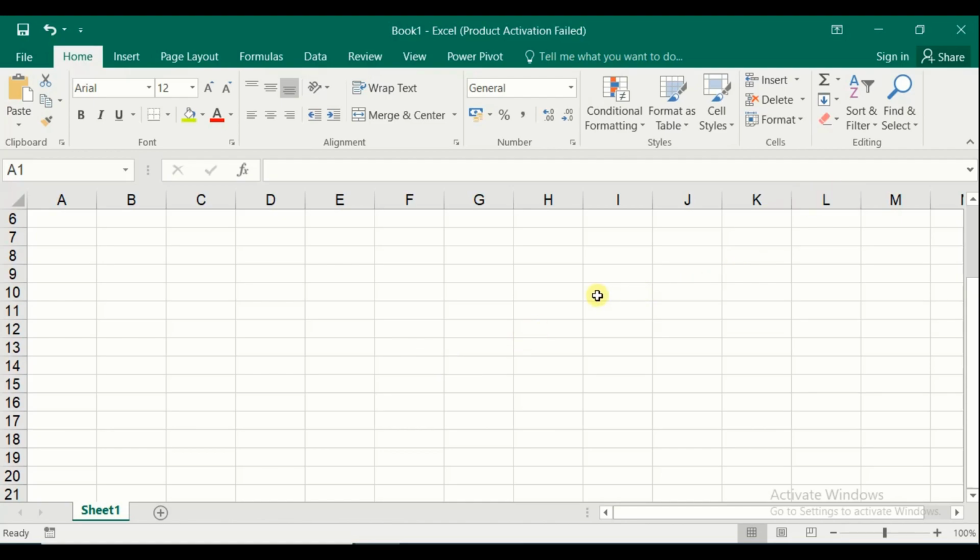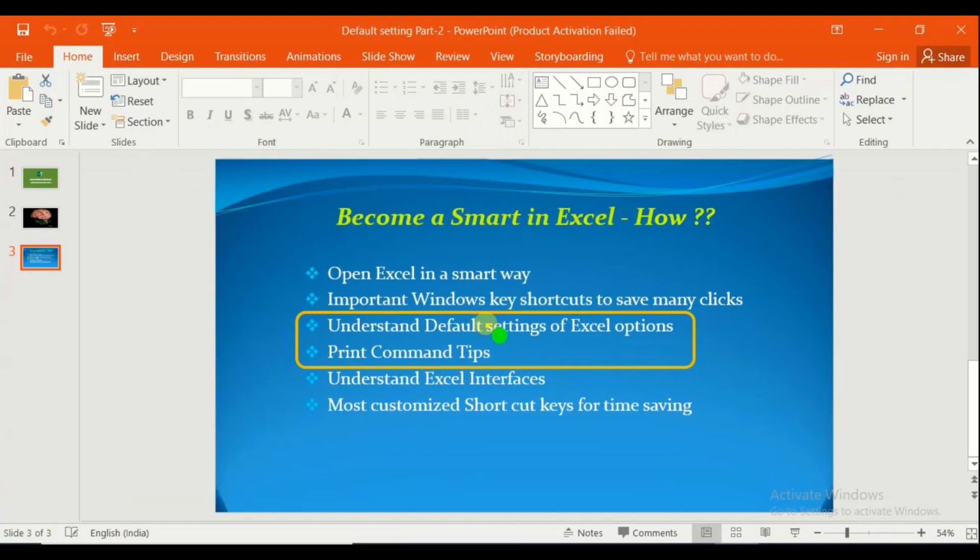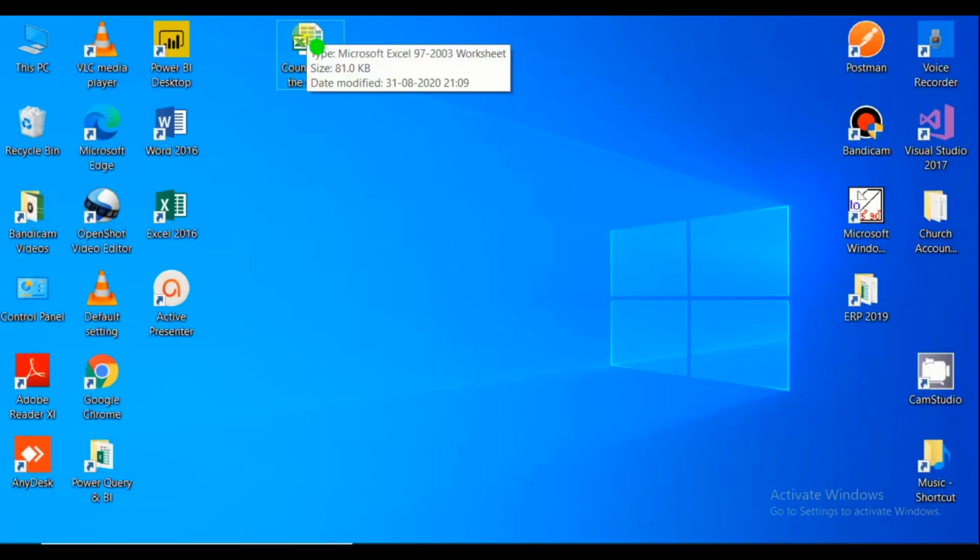Okay, our next topic is print command tips. It is very important for all users. Let us understand what functions are available in the print tips. I am closing this file and coming back to our original file, countries of the world.